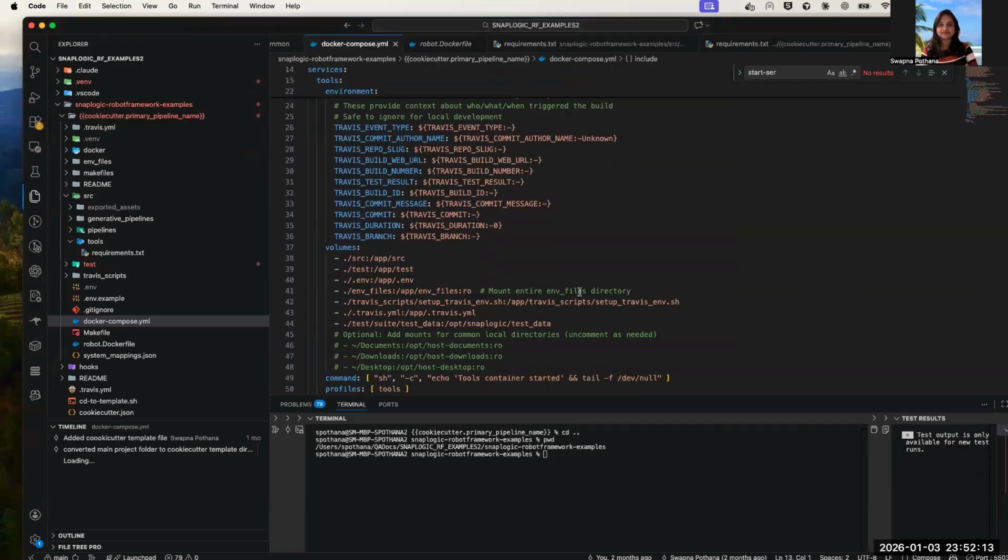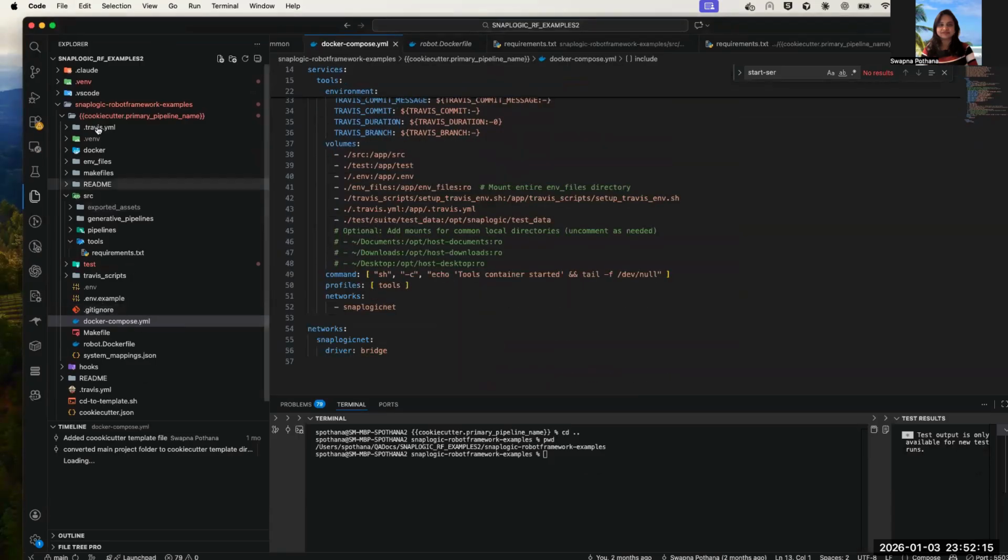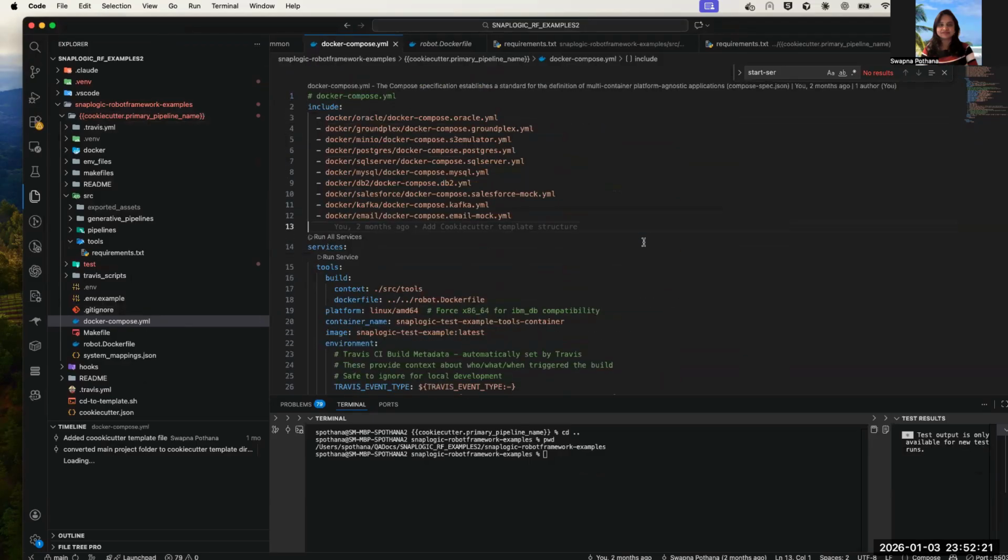So in this main root folder, I am referring again to the cookiecutter folder. Only the tool service is there. Now what's next? What I want to tell you is, suppose now you want to test some of your Oracle